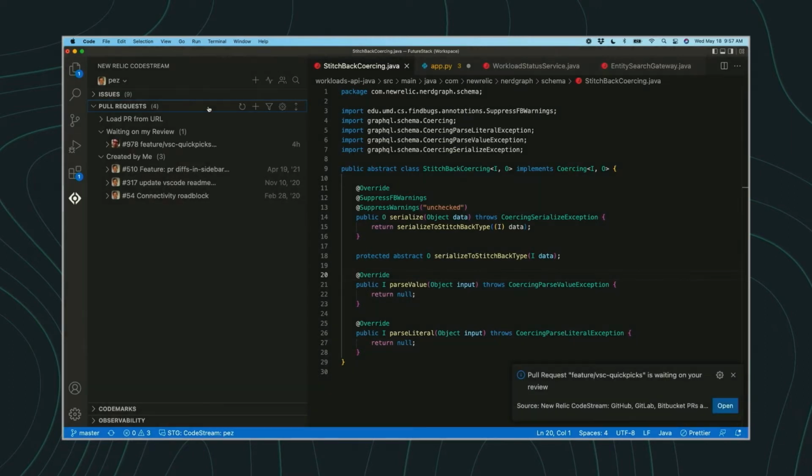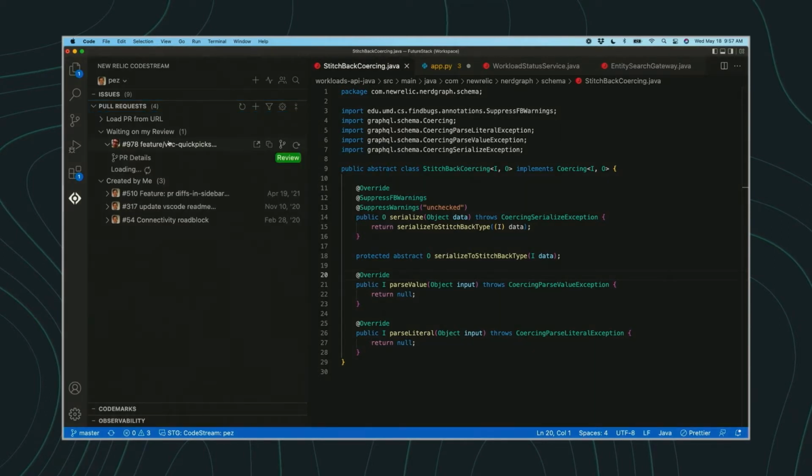We have an amazing integration with your code host to show you your PRs directly in your IDE. And this allows you to set up custom queries to show exactly those PRs that are most important. For example, ones that I'm assigned to or ones that request me as a reviewer. So you can see here, there's one that's waiting on my review. And if you looked closely, I even got a toast notification letting me know that Brian wants me to look